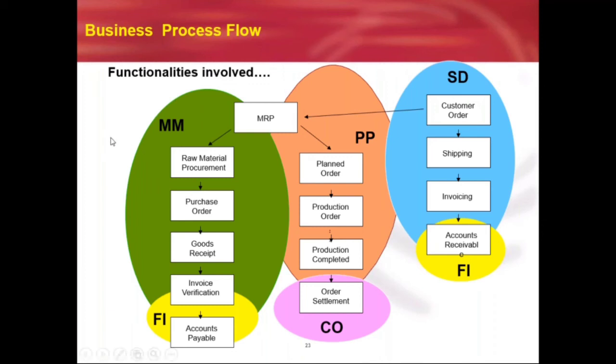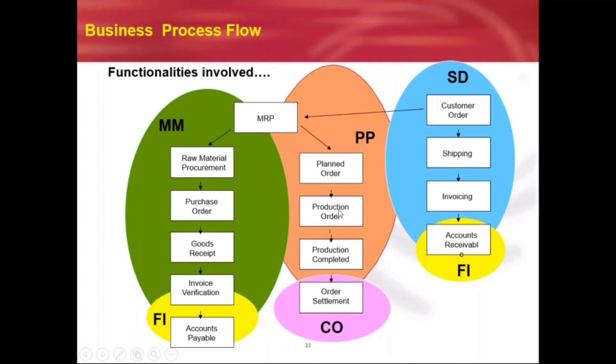If the company doesn't have enough stocks of the raw materials, go for purchase external. The word external means from outside, from the supplier, the company is going to purchase it. The company is going to procure it. Therefore, here is accounts payable. The company is going to do the payment to the supplier. After receiving the stock, next what we are going to do? Supply. We issue the raw materials to the production department.